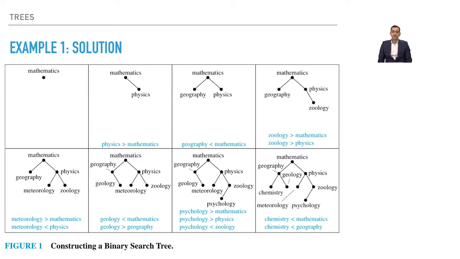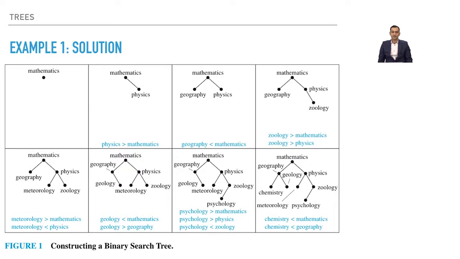geography. Next, add a right child of the vertex with the key physics and assign it the key zoology, because zoology comes after mathematics and after physics. In a similar way, add a left child of the vertex with the key physics and assign this new vertex the key meteorology. Add a right child of the vertex with key geography and assign this new vertex the key